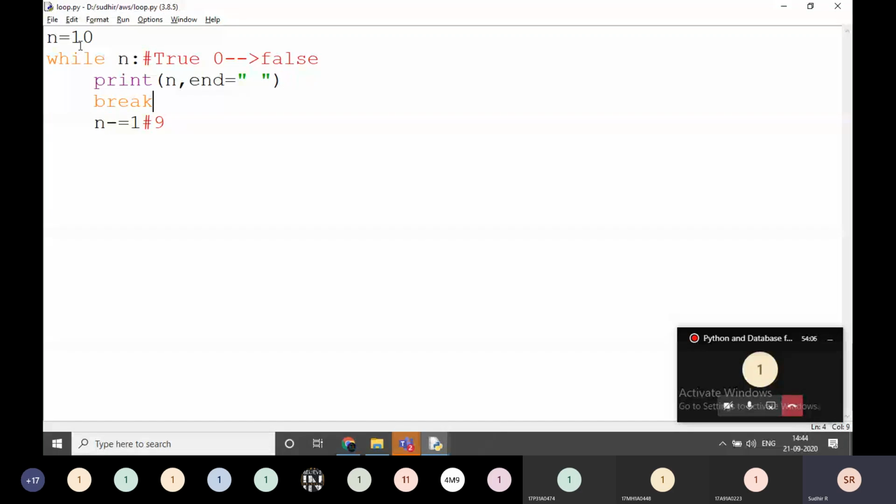Break is an unconditional control. Break and continue also have no condition at all. Just look, when we are dealing with a for loop or while loop, it checks every time whether it is true; then only it will work. If it is false, it is not working, right? That means it is checking every time.